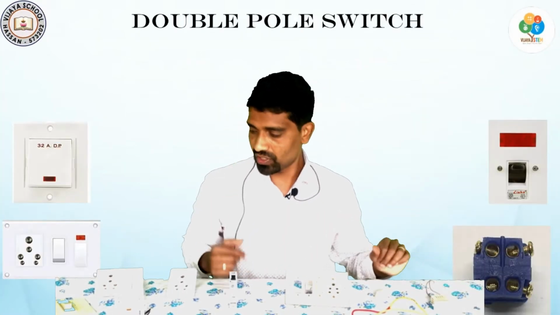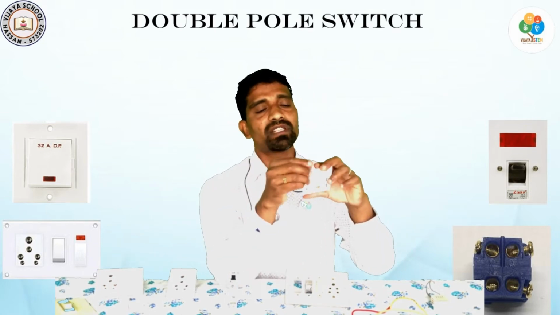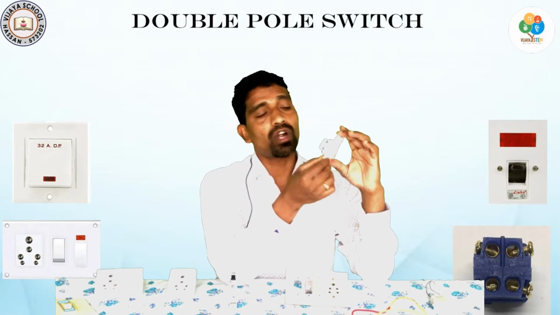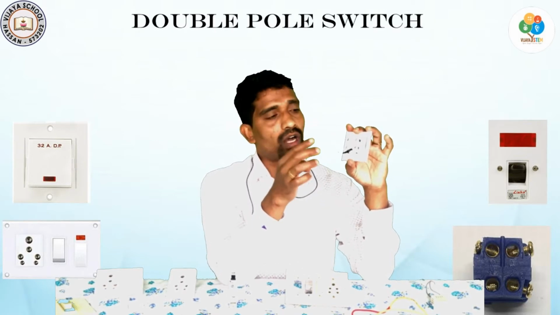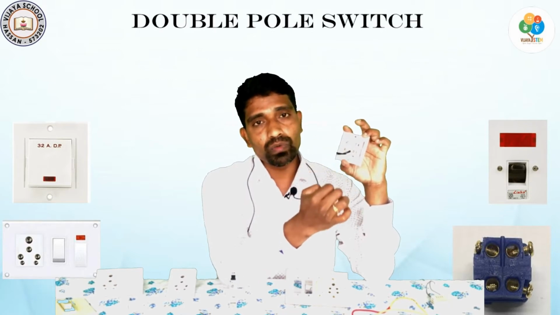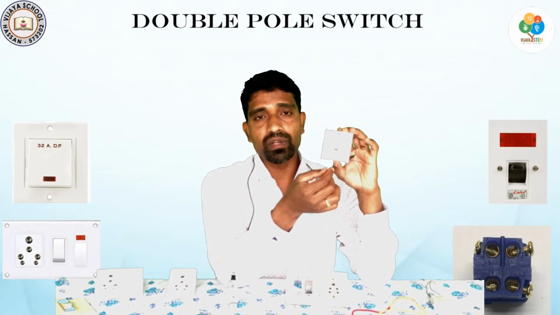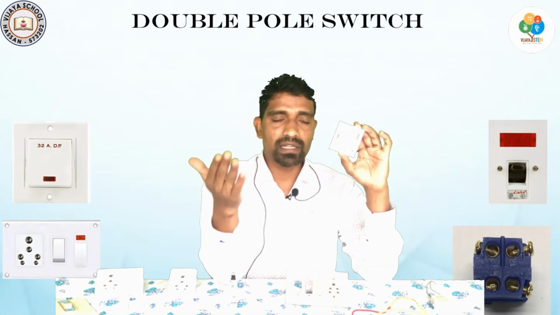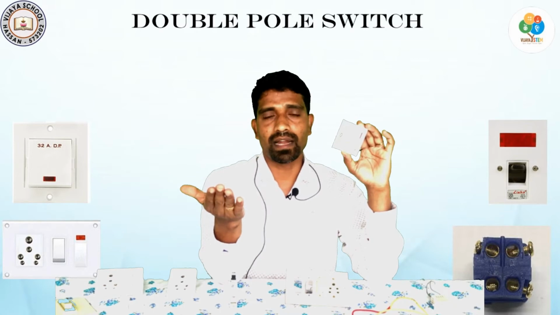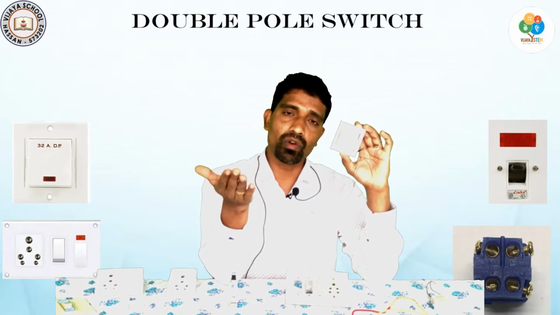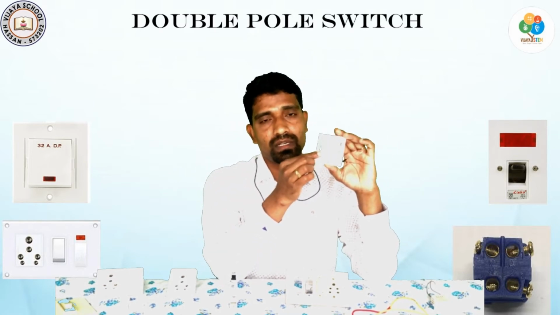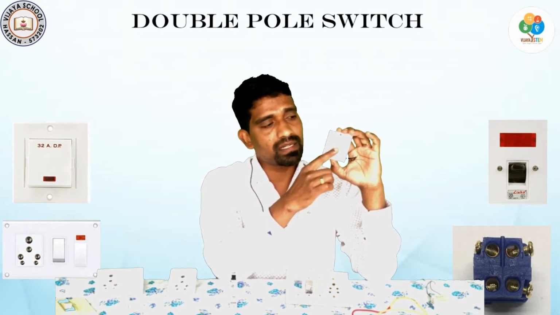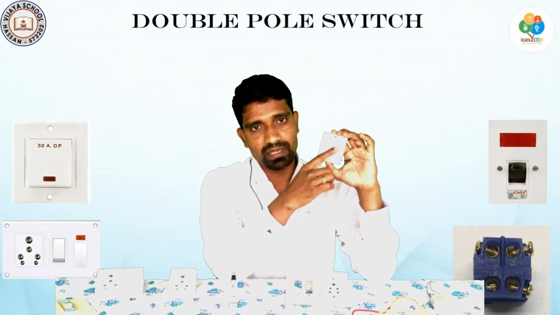Coming to the next type of switch, I have something in my hand which is quite bigger than other switches. This is called a dipole switch. In short form, it is called DP because it has two-way in and two-way out. This switch is generally used to control many lights or devices at a time. For instance, if you have to switch off all the lights and devices inside your room at once, you can use this switch. This switch is a 32 A DP, 32 amperes dipole switch.